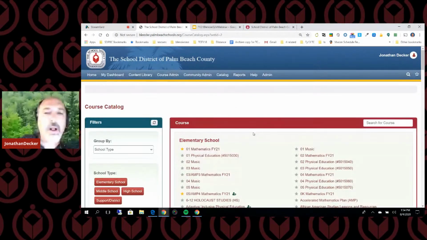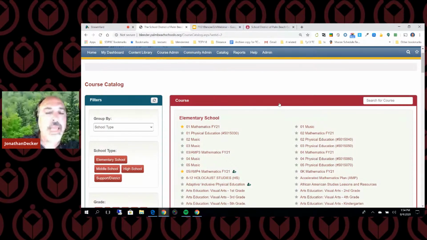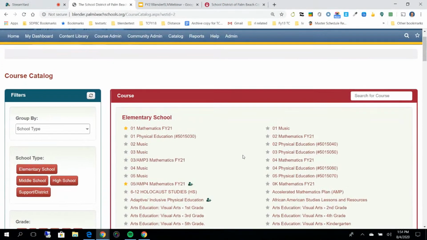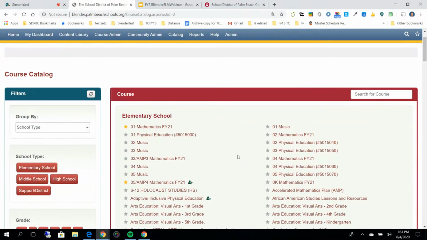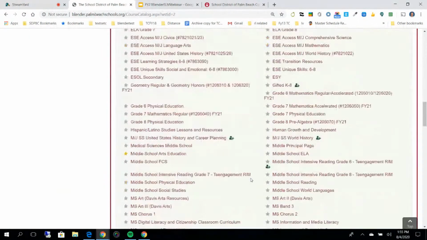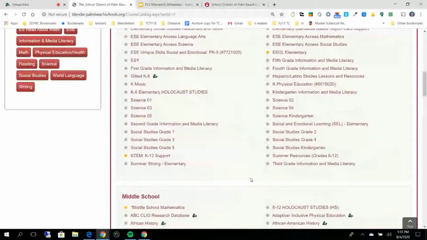All of these courses that are published and available in the course catalog are available to all the teachers to come in and review. Most of the content in all these courses is also freely accessible. There are a few limitations that we'll discuss later when we talk about textbooks, but for the most part, all of these courses, which you'll find here, and I'll scroll, you can see there are close to 200 individually published courses that you can come in and find.